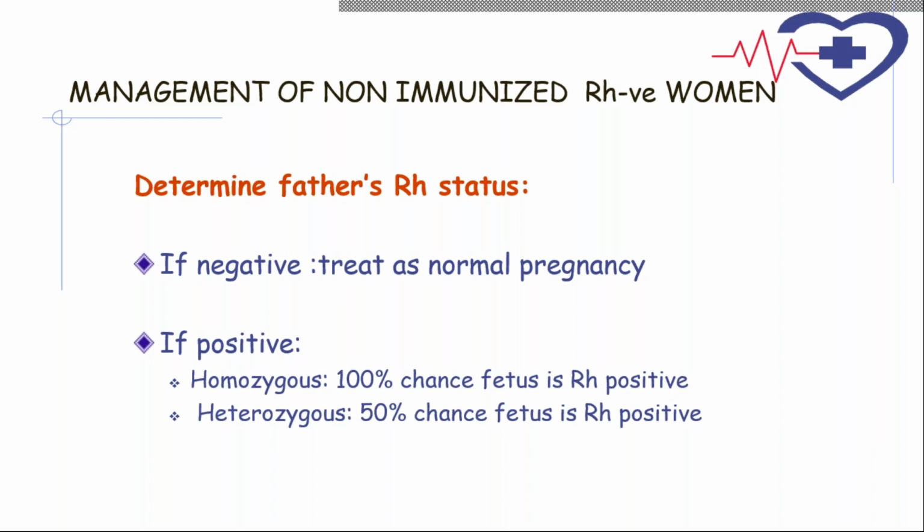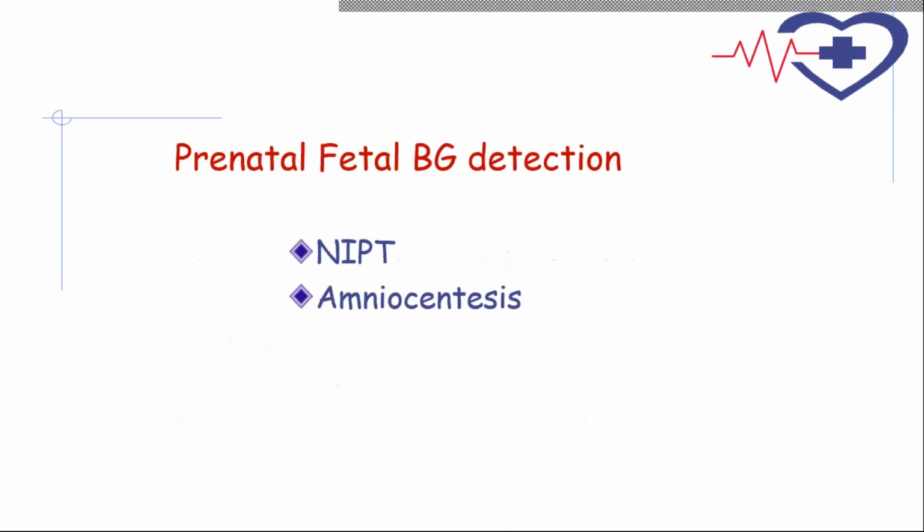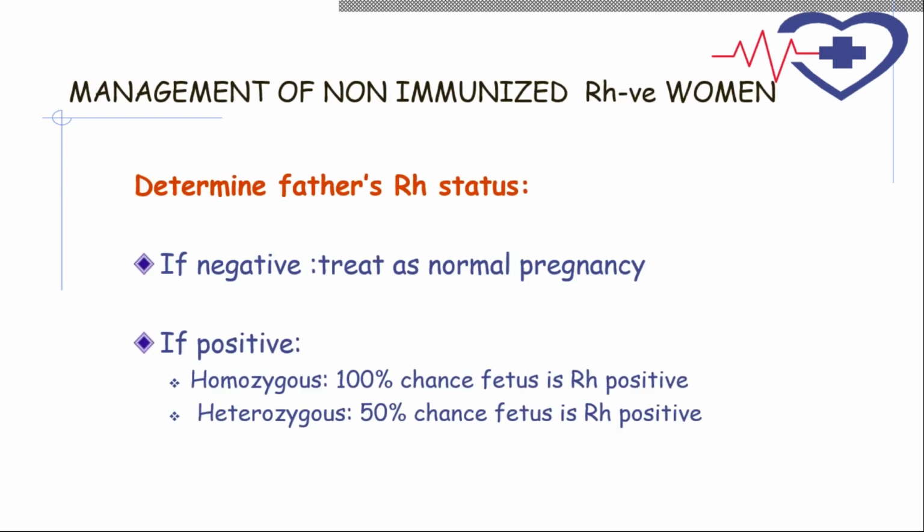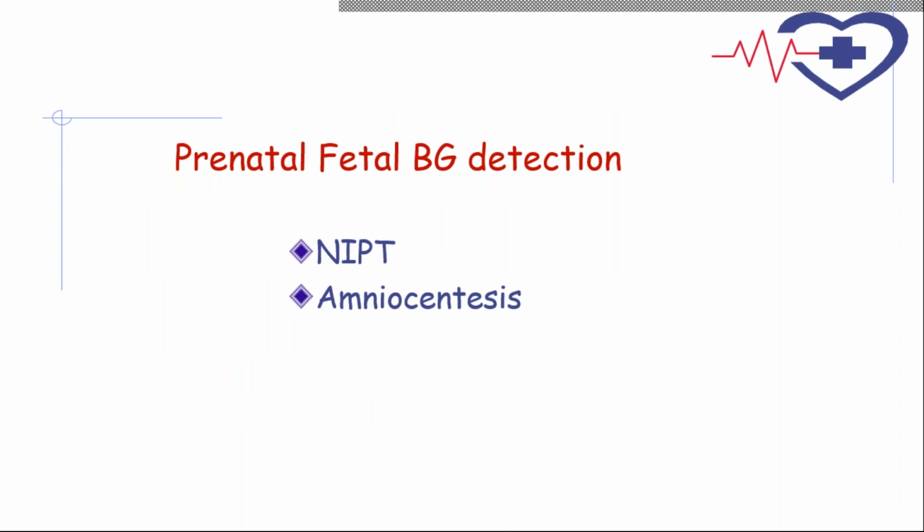However, if the husband is positive, how do we find out whether he is homozygous or heterozygous? You can get a genotype of the husband's sample done, but this is an expensive investigation and not very freely available. The advantage of getting it is that if he is heterozygous, one can do an amniocentesis or one can do an NIPT. One can do amniocentesis, take out the fetal sample and see if the baby is positive or negative. We can see in the DNA of the baby what the genotype of the baby is.